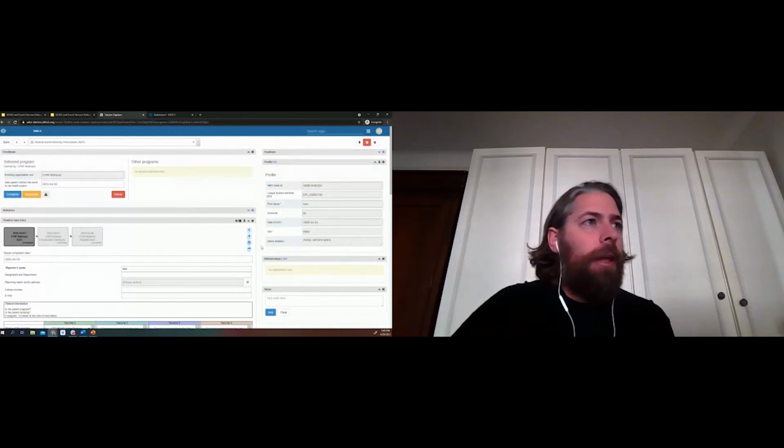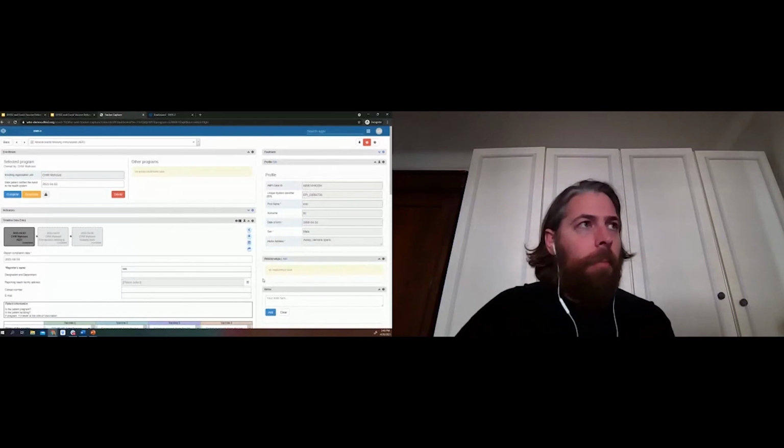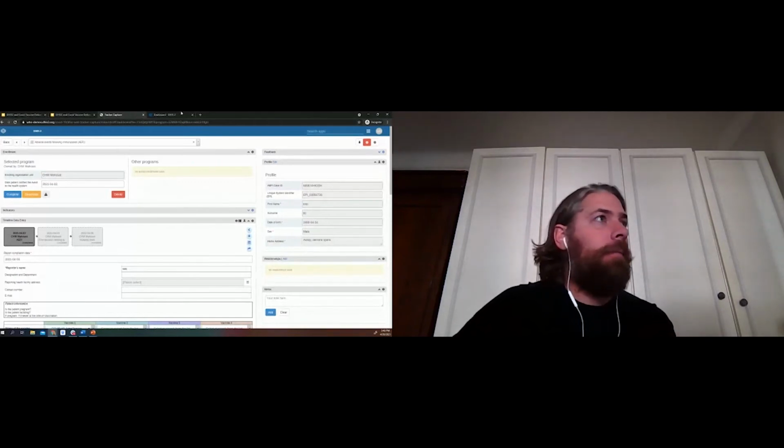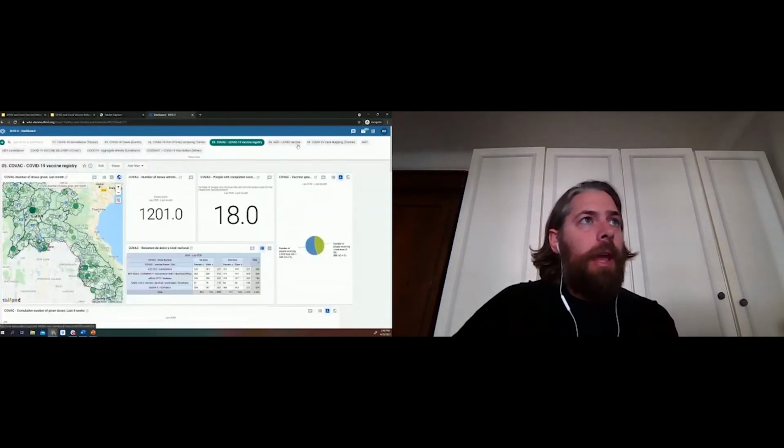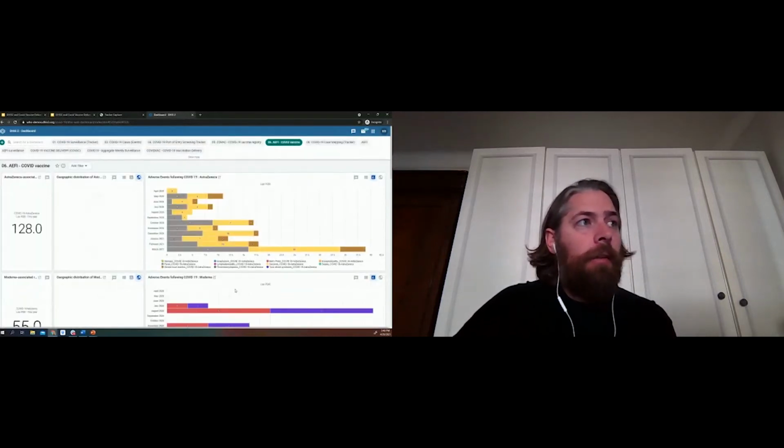You could do a direct link to the system that the adverse events people are using. So there's a number of ways that this data is meant to support not just the data collection, but also the process of completing out the adverse event. And again, if we go back to our dashboards, the data is being displayed and aggregated,